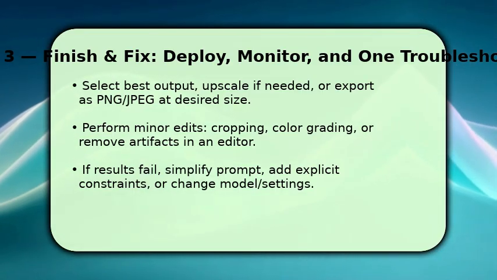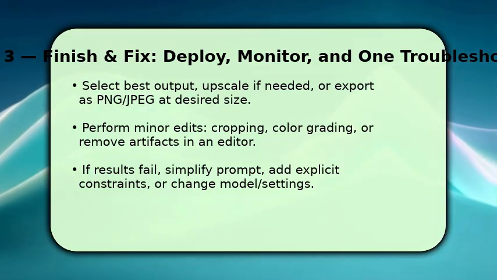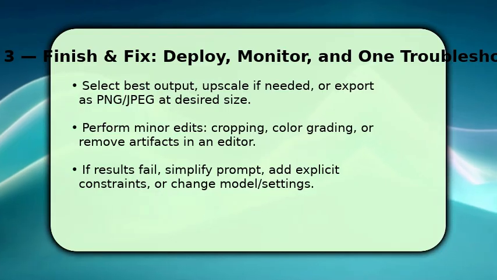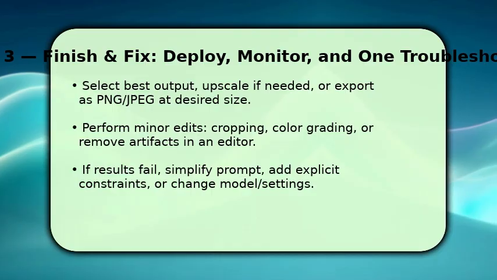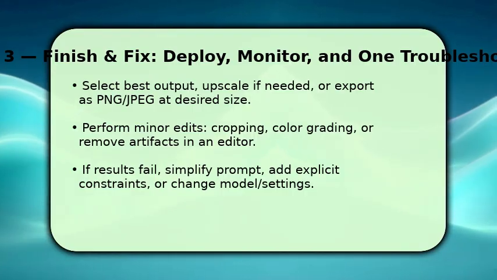If the image still misses the mark, troubleshoot. Simplify the prompt, make constraints more explicit, or switch model settings and regenerate. Finally, iterate only on the weakest elements and keep a log of prompt changes so you can replicate success next